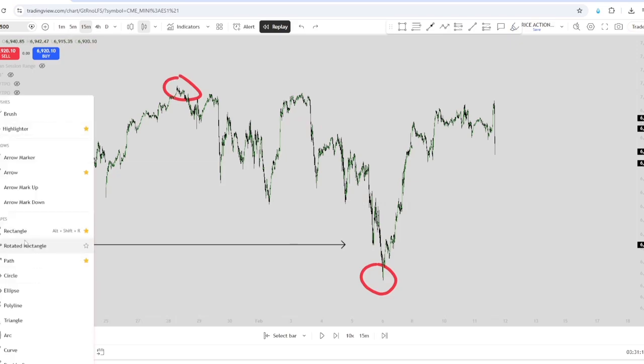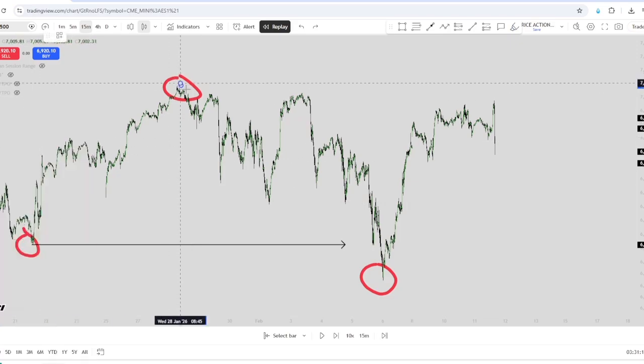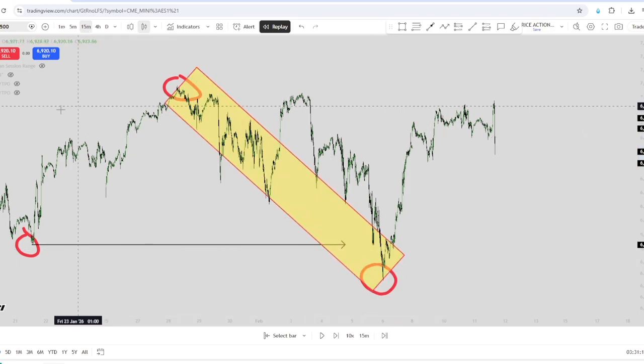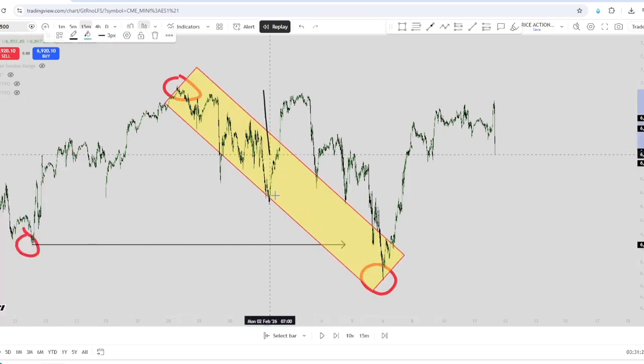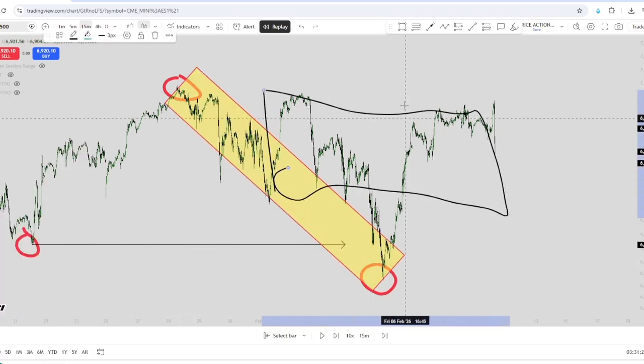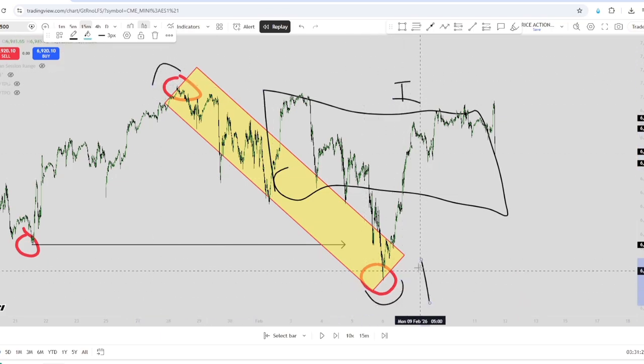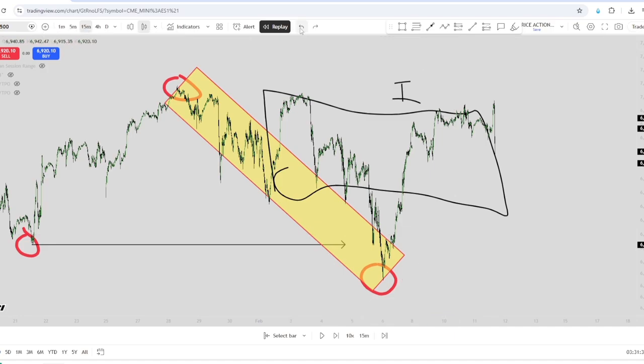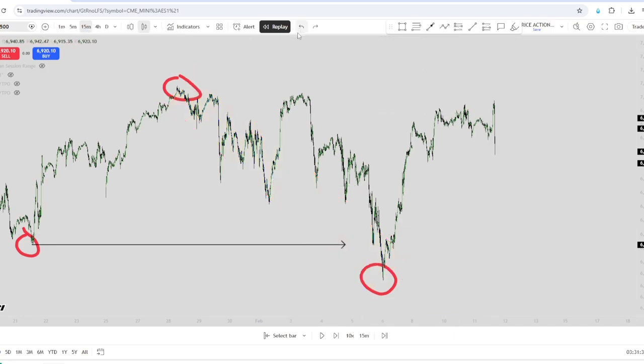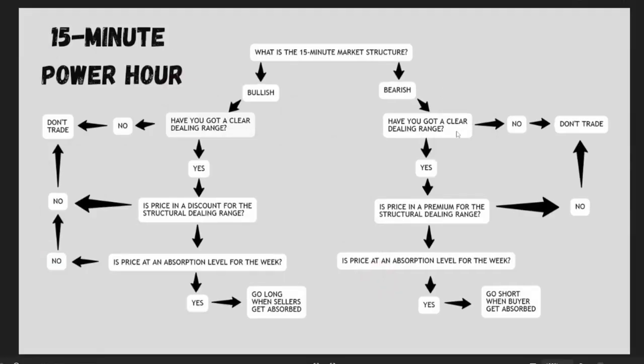I'm just going to mark this up as well. Your dealing range is basically this high down to this low. It's important to understand anything inside is internal structure, and anything outside, so the actual high and low, is your external structure. Me as a trader, I don't focus too much on internal structure. This is where traders often go wrong. They try to mark up every single high, every single low, and they miss the concept of trading at key levels, which is something we're going to get onto later on in the video. Now, once we have our dealing range, so